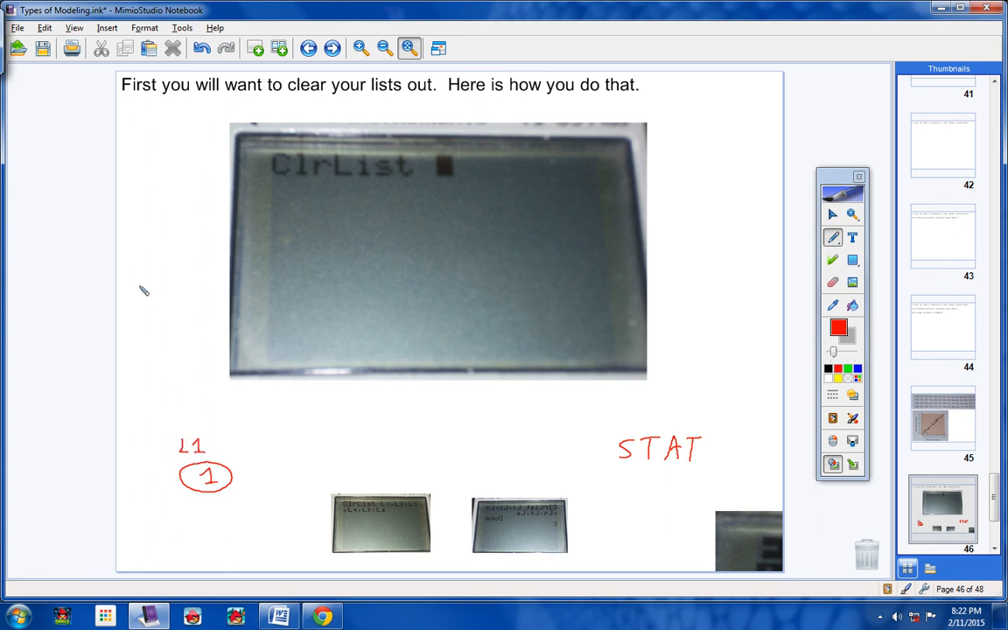So I want you to hit shift or second. That's that top left button on your calculator that says second way up here. Hit that and then hit number 1, and this should pop up on your screen, L1, okay? Now,